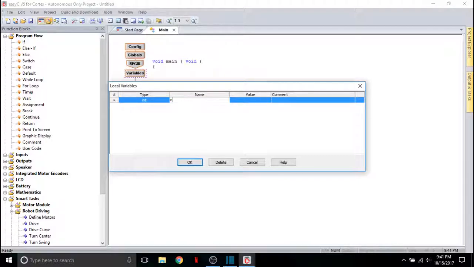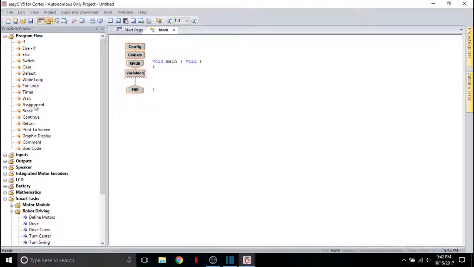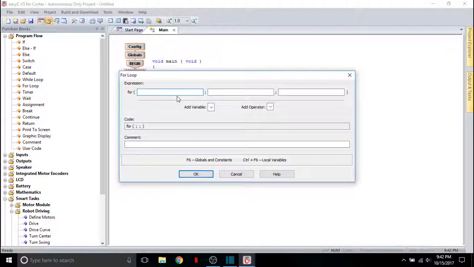integer x, value of 0. Enter. Count variable. Always remember underscores are better than spaces. For loops. So add variable x